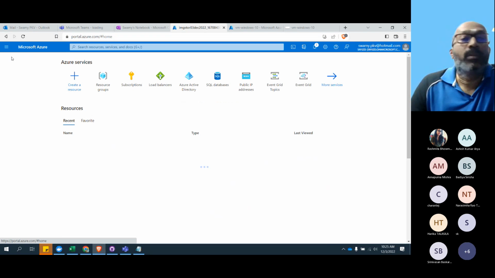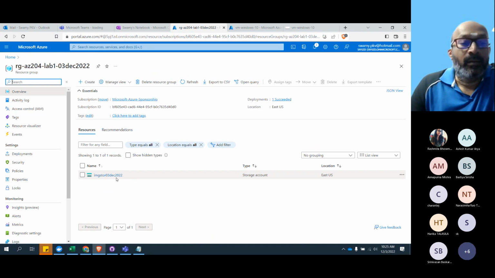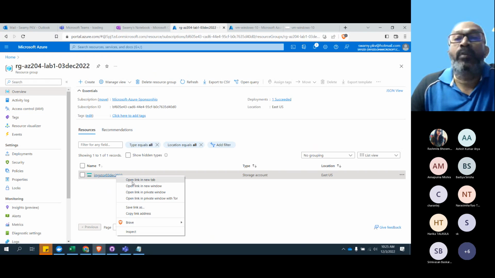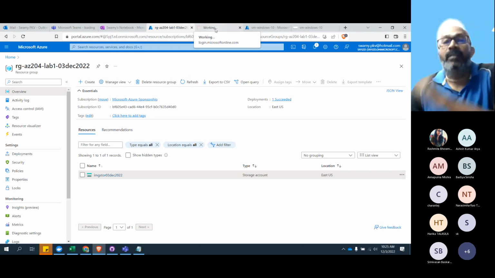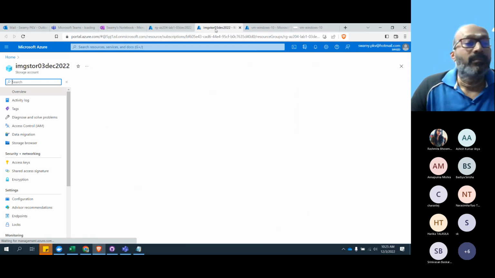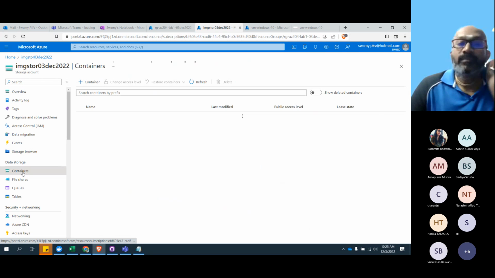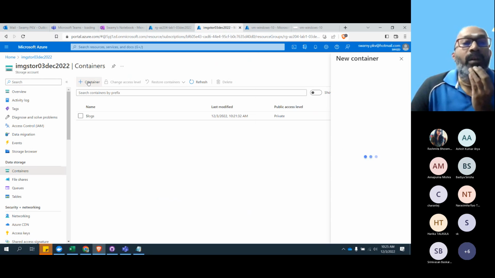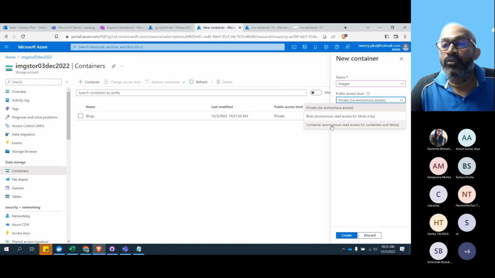Now let's come back to this one and open it in a new tab so that it will be easy for us to switch between left, right, and center. We need to go to containers, create a new container, and the container name is images, and that should be blob anonymous access.